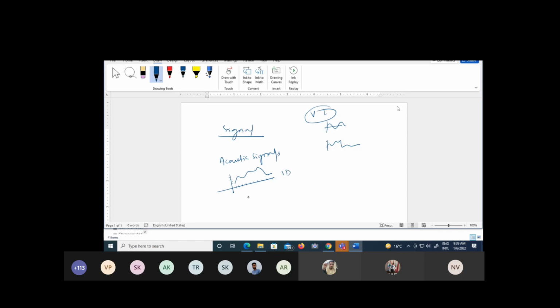Suppose you want to represent an image. You capture the image and represent it on printed paper or something; it may be a soft copy also. So when we take an image, what will the signal be, one dimensional or two dimensional?